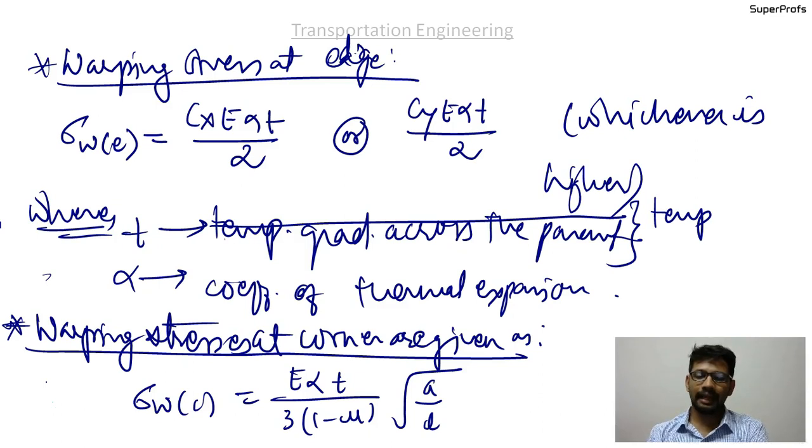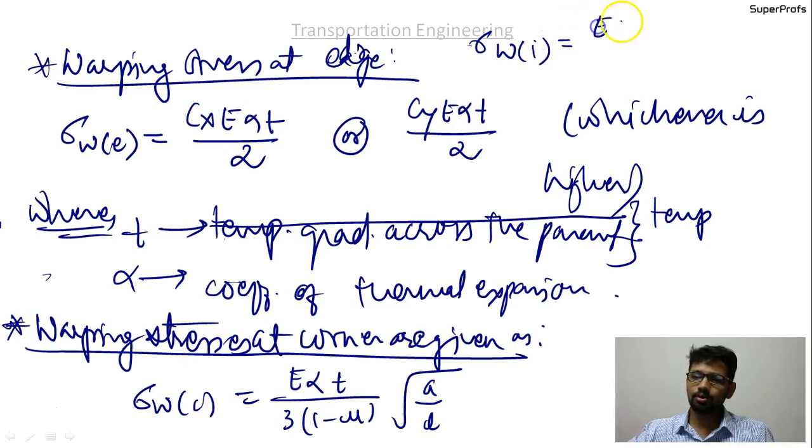Bradbury in 1938 has also given a formula by using which we can find the warping stress at the interior. But you really don't need all this formula, and the interior is the safest region, so that is not required in the design. Let us focus on the warping stresses at the edges and at the corners. I am not discussing that formula for the interior, but just for your information I'll write it like this here.